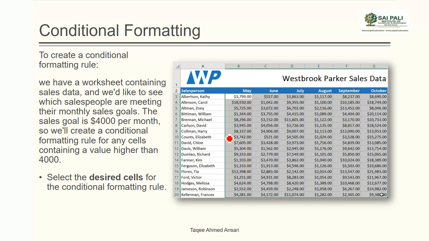So if we want to create conditional formatting, I have data here where I have lots of values, and these are the persons who are selling these things. For example, they have a sale target of 4,000. Now I want to see who has reached the 4,000 target and gone beyond it, higher than 4,000. So I want to see that. It is difficult to detect those cells particularly. So what I will do is select the range where I want to apply the conditional formatting,